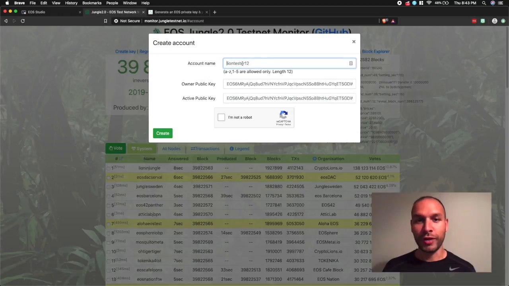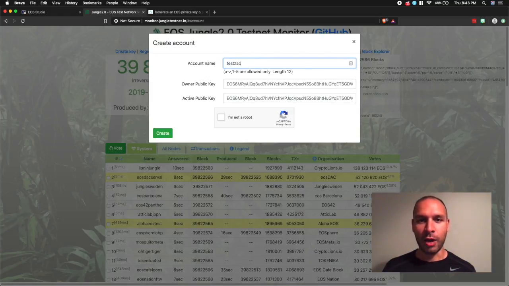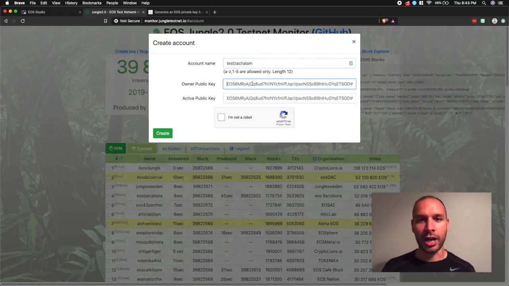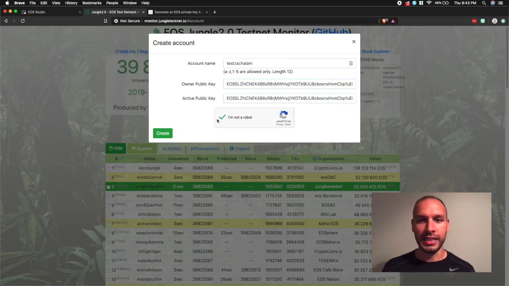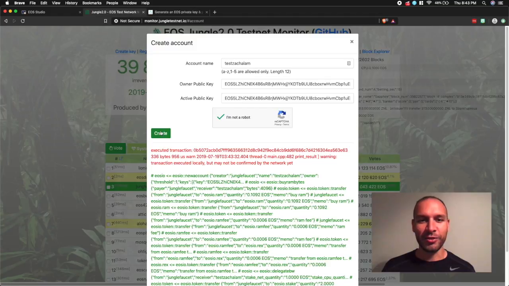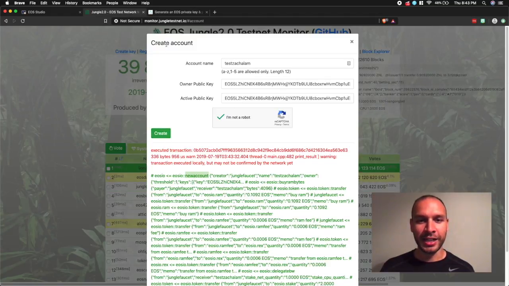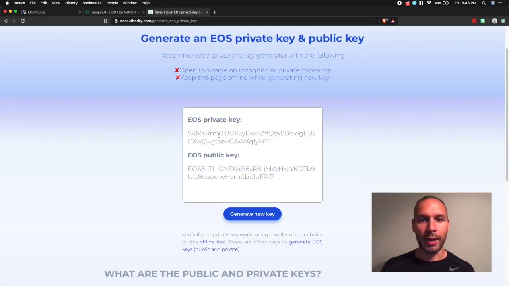Once here, we'll create an account. So any account name, in this case test Zach Alum, and paste in the public key for both of the keys. We'll go ahead and click create, and it looks like that account was successfully created. So we'll go back and grab the corresponding private key and head over to